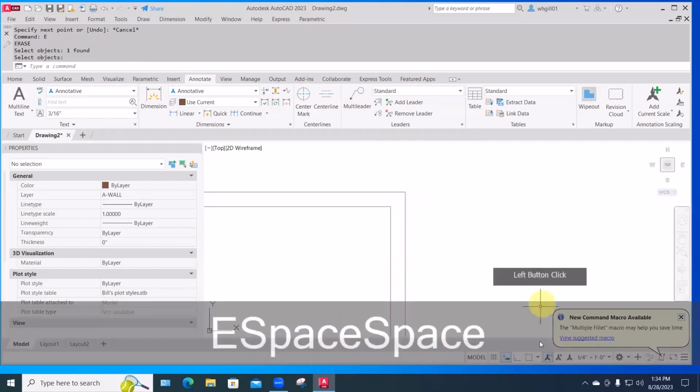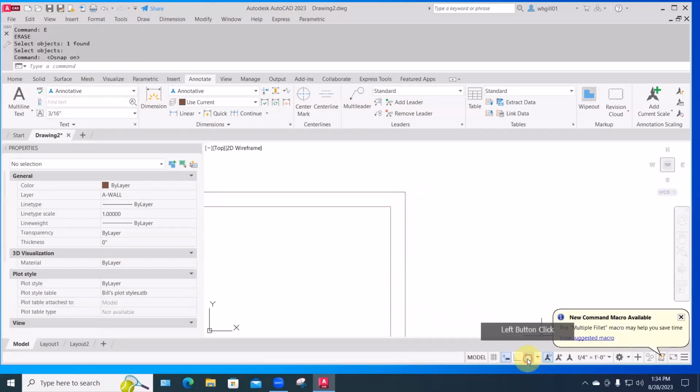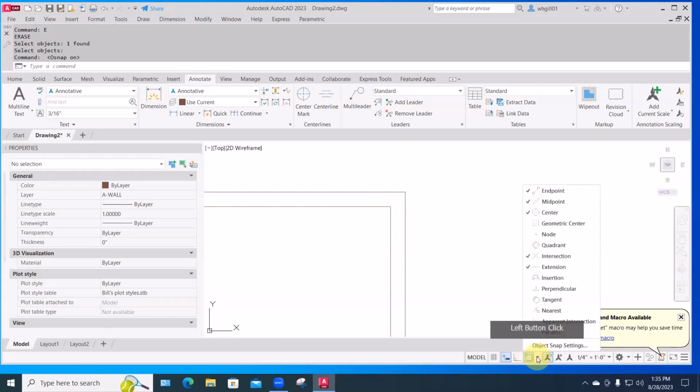So what object snap does, we turn that back on again, is let you snap to any of the following conditions. The end of something, the midpoint of something, the center of a circle, and this is a new one, the geometric center, which is like the centroid of a closed bounded shape. The quadrant points of a circle, which are 12, 3, 6, and 9 o'clock, where any two things intersect, two